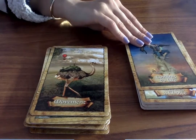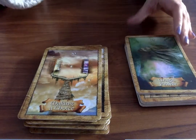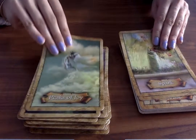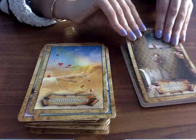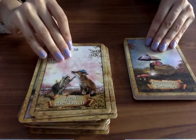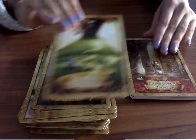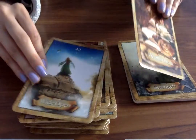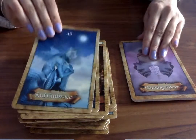We've got here Movement, we've got Coming to Life, we've got Making a Choice, Dry Desert, Magic Prayer, Piece of Joy, Spark, Education, Commitment, Cleaning House, Heal, Heal the Ouch, Protecting Treasure, Follow the Leader, Unexpected Visitors, Wide Open, Details, Strength, Sad Embrace, Coming Apart,